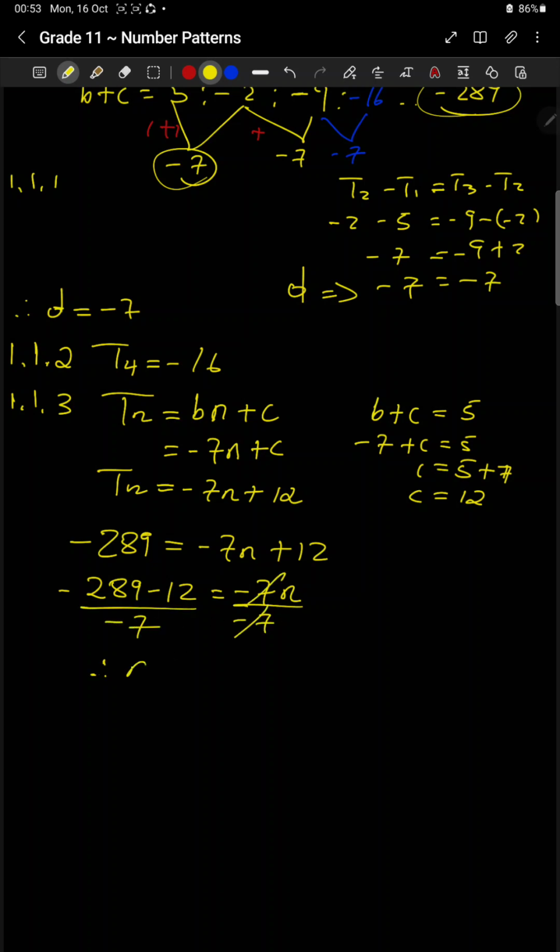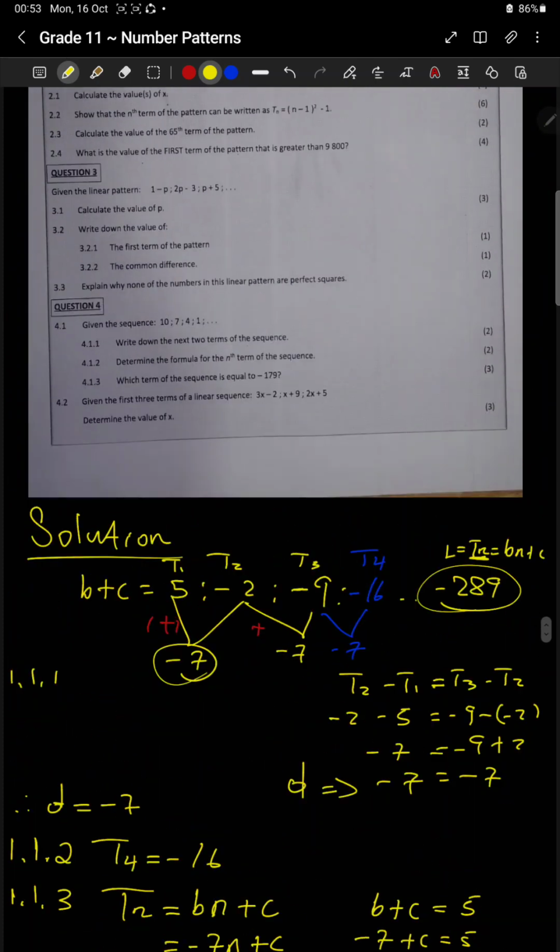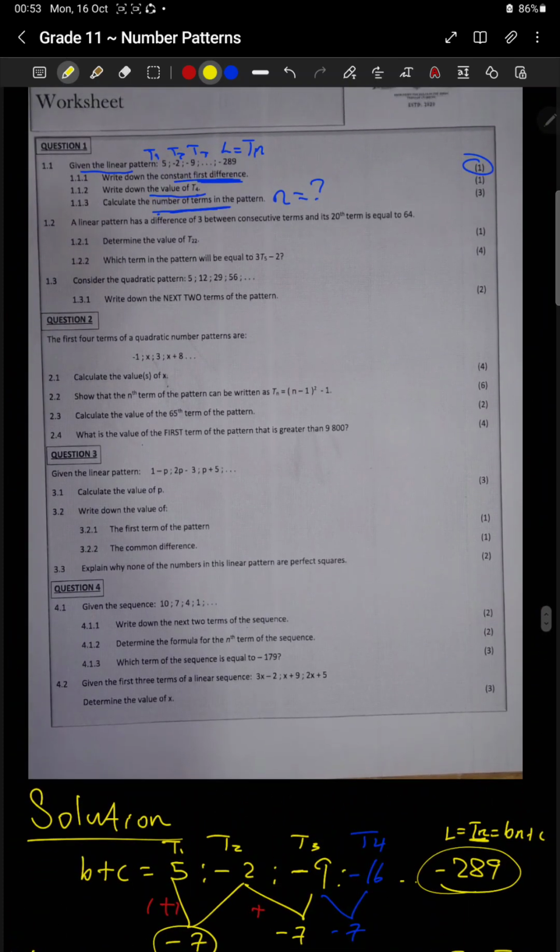So therefore the value of n here is going to be 43. That is the number of terms. So we go to